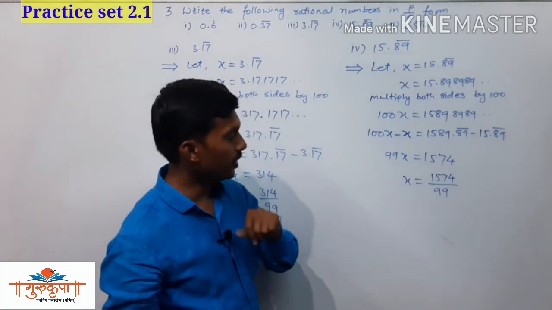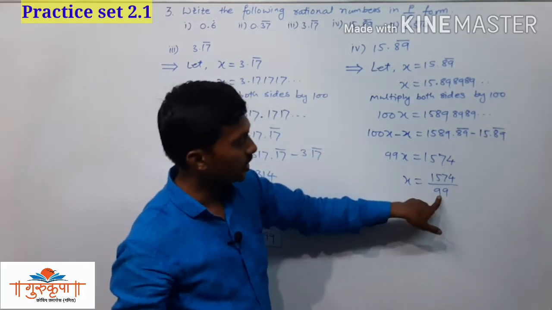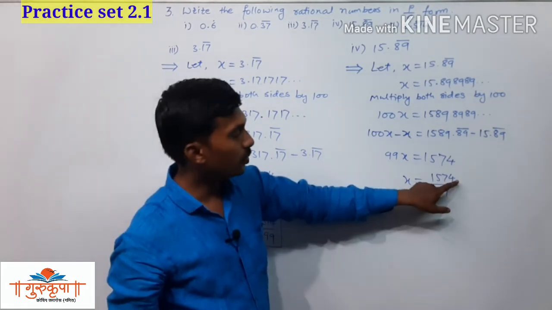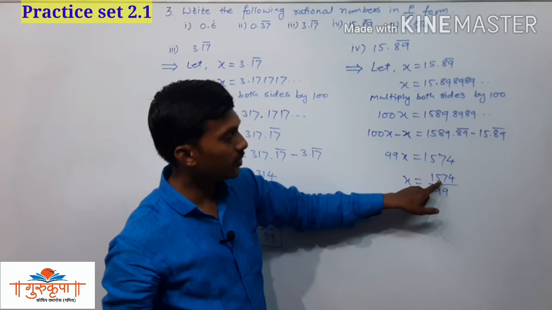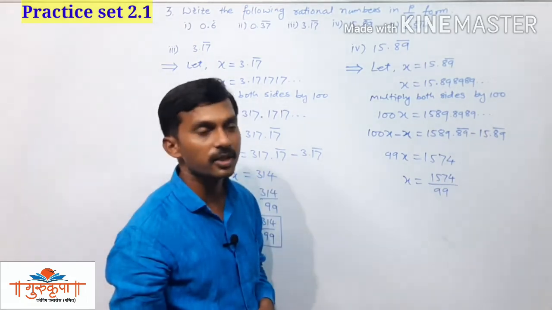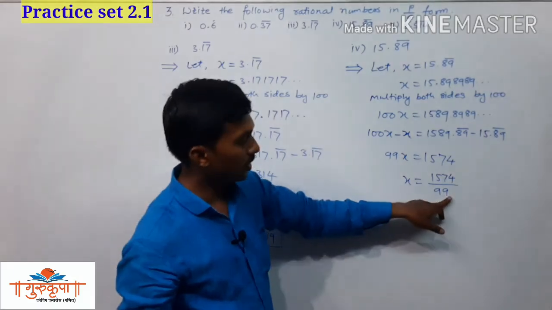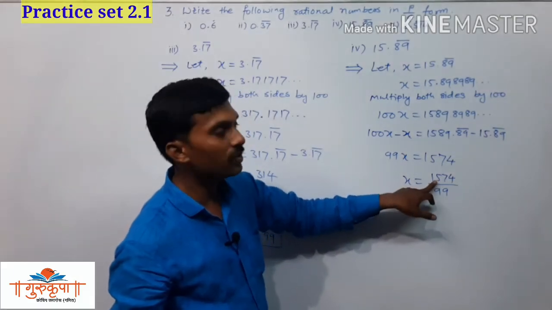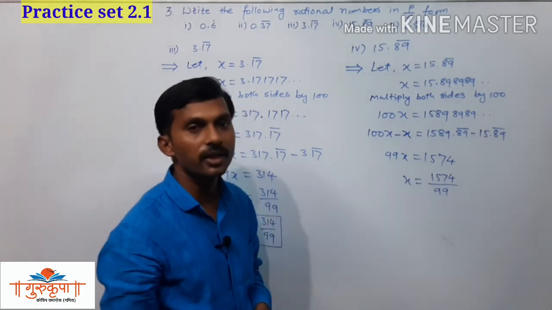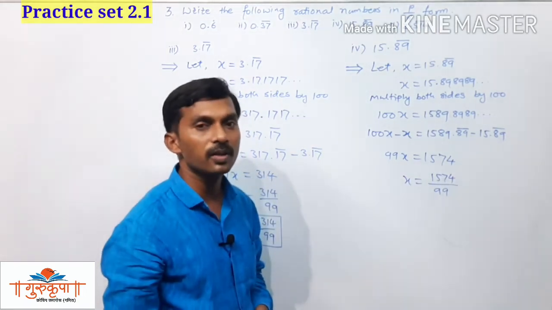And if it is possible to divide both the numerator and denominator by any number, we can divide. We will check, is it divisible by 3? Check. 4 plus 7, 11, 11 plus 5, 16, 16 plus 1, 17. That is not divisible by 3. Now by 9, 99 is divisible by 9, but this is not divisible by 9, since 17 is not divisible by 9.